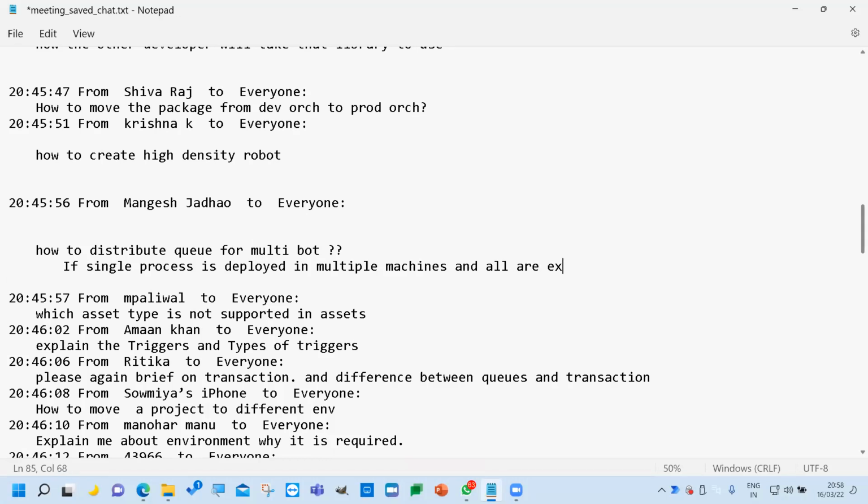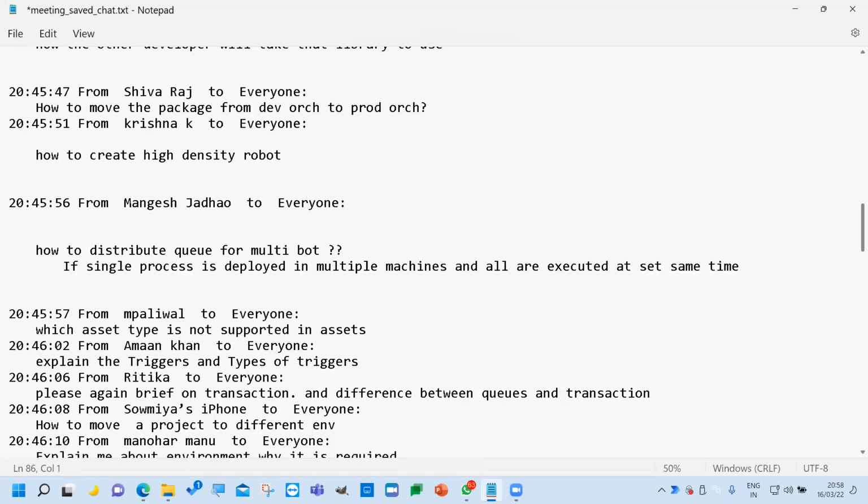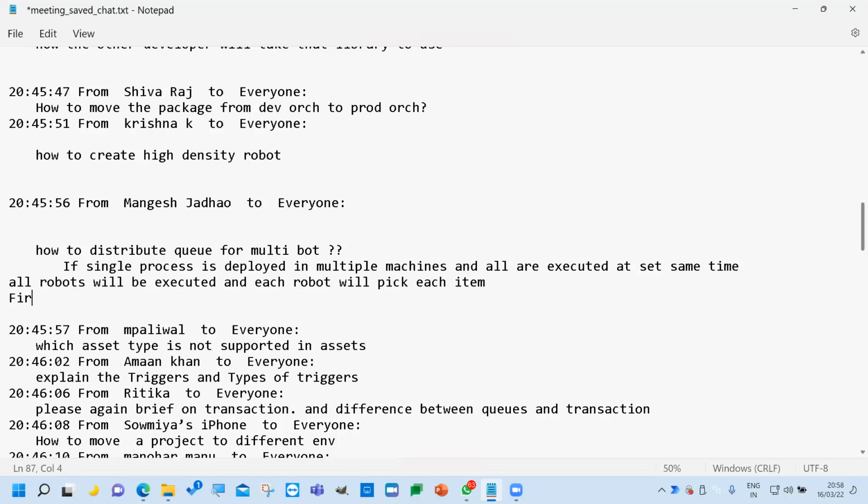One queue has multiple queue items. If you deploy the robots on multiple machines, those machines take items in parallel. One bot is picking the first one. Once it is taken, it automatically converts that status to in progress, right? So the other bot cannot take the same item.